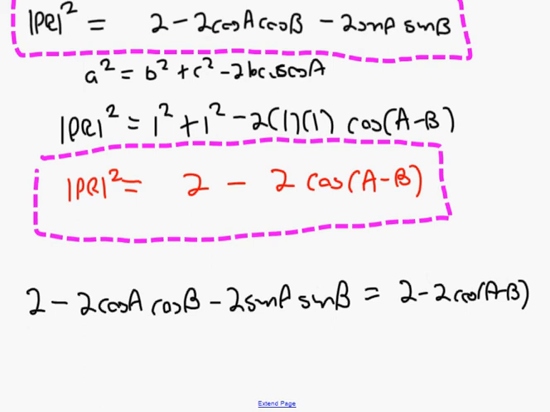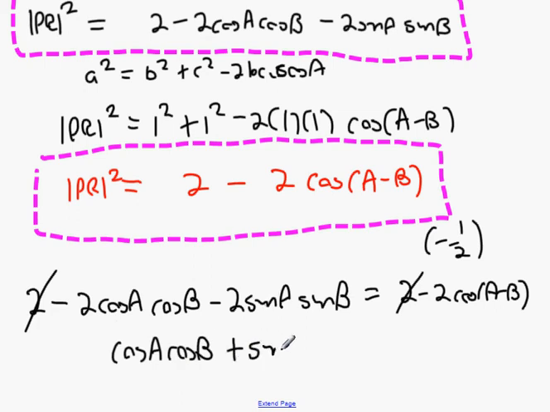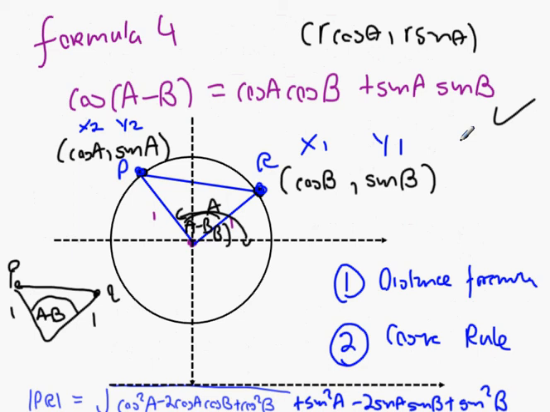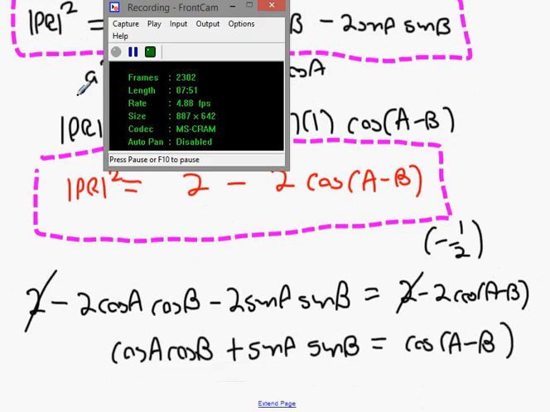Okay, so the 2s will cancel. I'm going to multiply both sides by minus a half. Is that right? Both sides get multiplied by minus a half. When you multiply that by minus a half, you're going to get cos A cos B. Multiply this one by minus a half, and then multiply this one by minus a half, and you've proved your initial equation right there. Okay, so that one